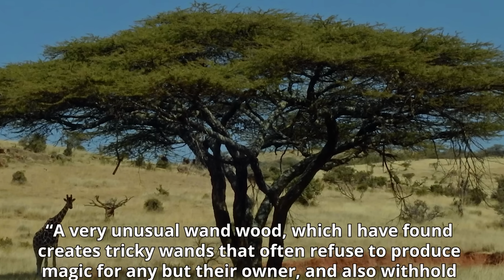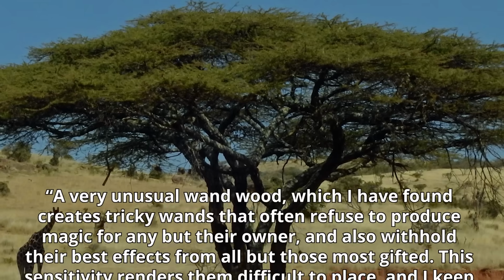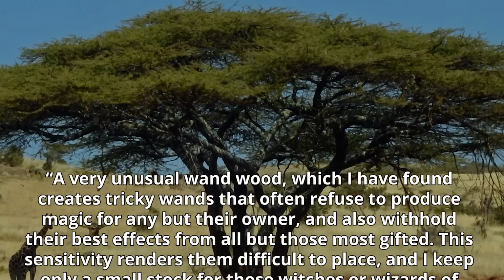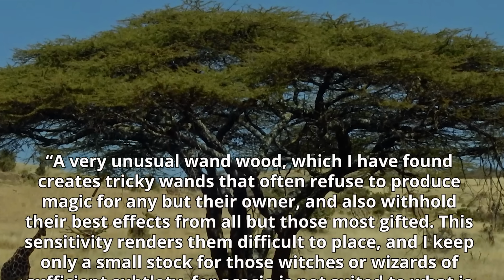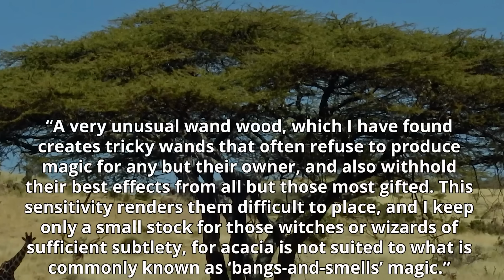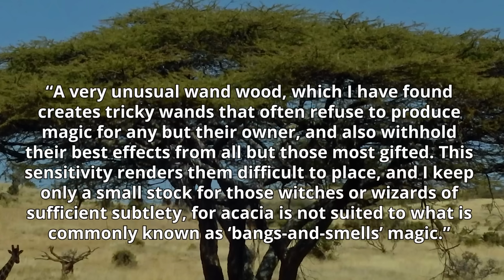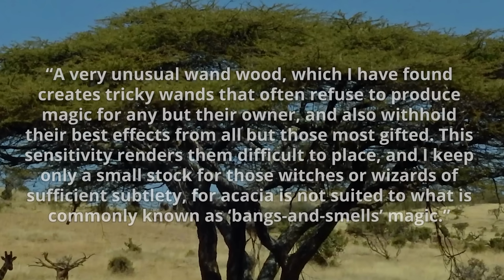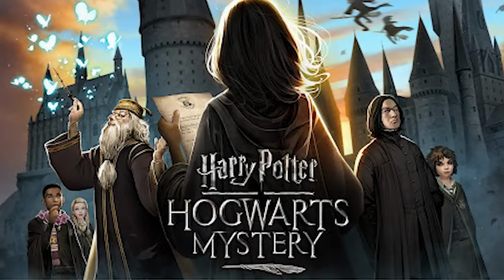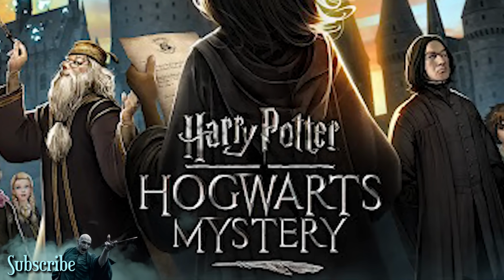produce magic for any but their owner, and also withhold their best effects from all but those most gifted. This sensitivity renders them difficult to place, and I keep only a small stock for those witches or wizards of sufficient subtlety, for acacia is not suited to what is commonly known as bang and smells magic." The only known wizard to have potentially had this material in his wand is Jacob's sibling from the Hogwarts Mystery